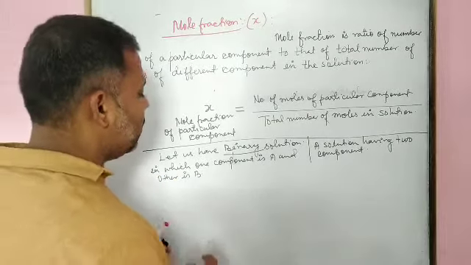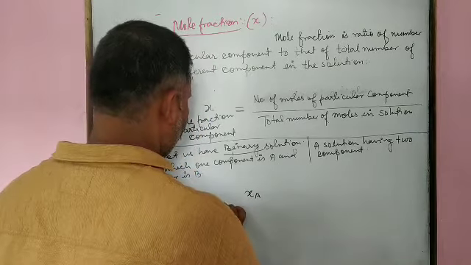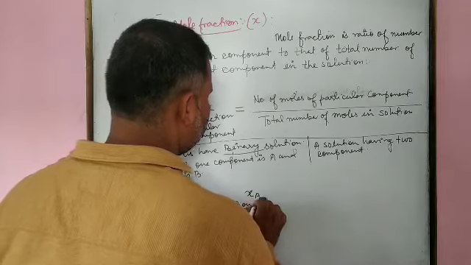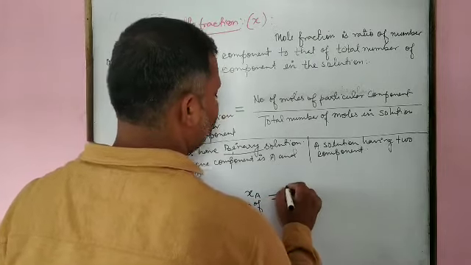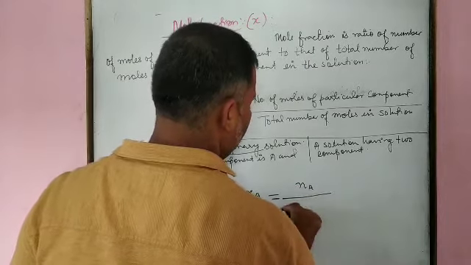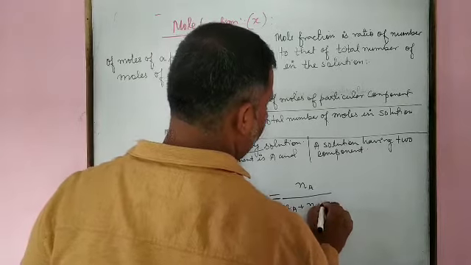It can be represented as X_A, the mole fraction of A, equal to N_A by N_A plus N_B,